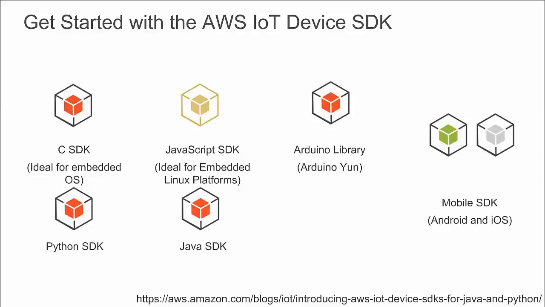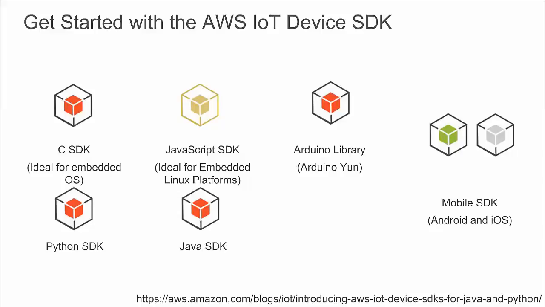We also have mobile SDKs that can enable you to build mobile applications that use similar protocols, use the device shadow, and use the other functionality that's available within those other SDKs that I've already talked about on the iOS and Android platform as well. Once again, you can find more information about all of these SDKs on the AWS Labs GitHub, where the distributions live,